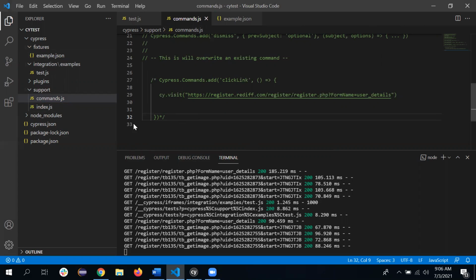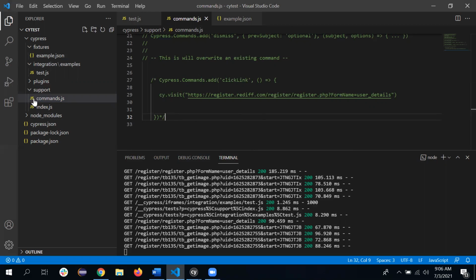But if you define the commands in the Cypress support command.js file, that method is directly available for your test cases. No need to import that class, or create any object for that. So that is the way to define reusable methods, or commands in Cypress terminology.